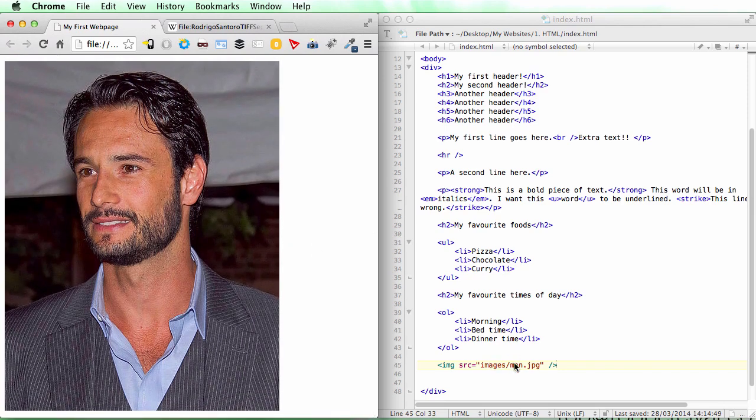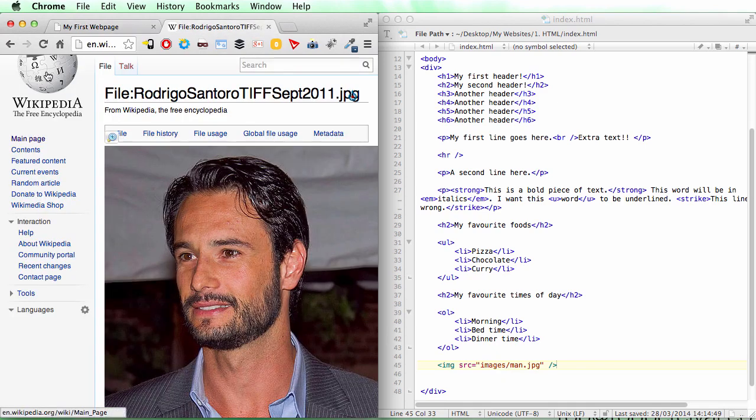Now this is what's called a locally stored image. We're keeping it in the same folder, or at least a subfolder of where our index file is. We can also refer to an image which is on a completely different website. So let's